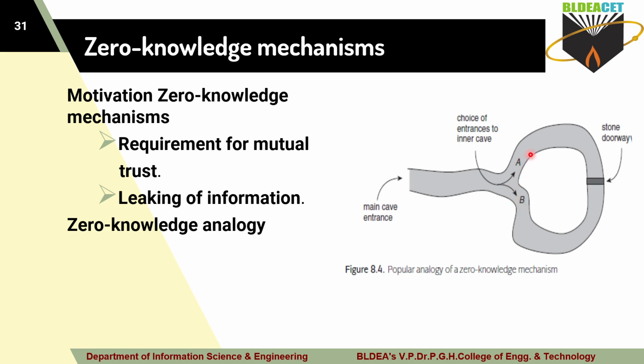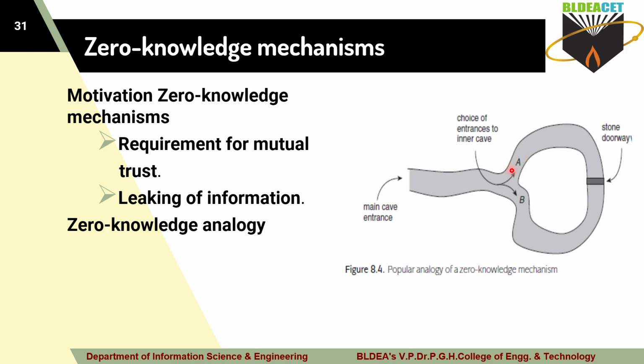If that verifier comes out from entrance B, what does that mean? Yes, A is the verified user, a trustworthy guide, and you can trust that particular person, and with the help of that person you can move to the next level here.